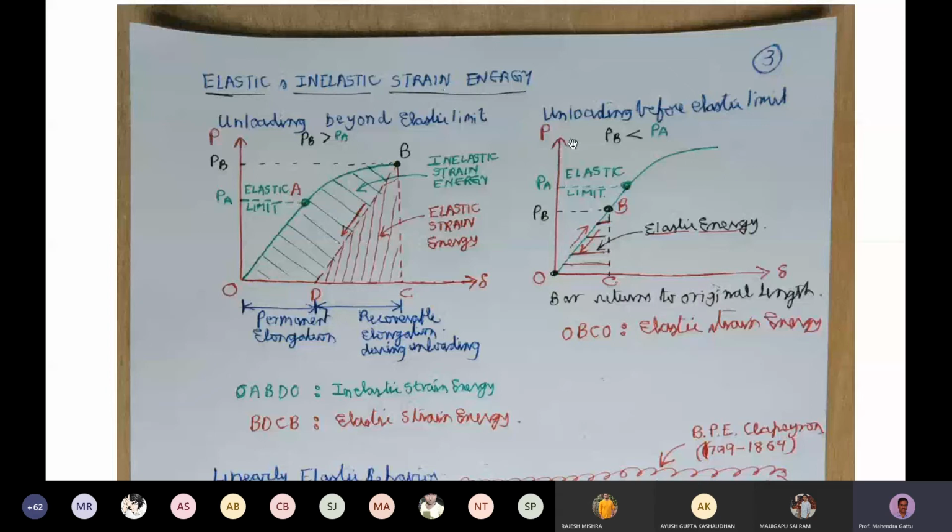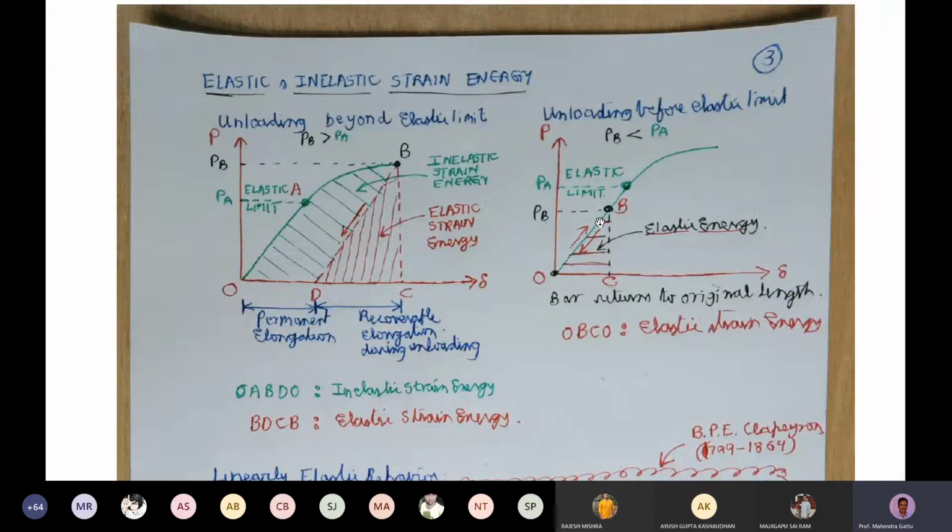Point A is the elastic limit. As long as the applied load is within this elastic limit, the bar will deform in an elastic manner, and if it exceeds it, then there will be some permanent deformations. If we apply a load PB, which is less than the elastic limit, then the deflection will be this quantity delta C, and if you unload it, the deflections will trace back the original path. They will go from O to B, and when you unload, the load will drop from B to O. So the bar will come to its original length.